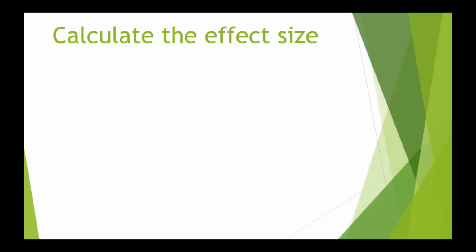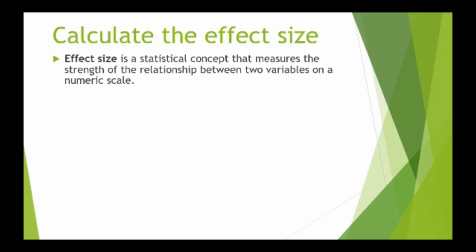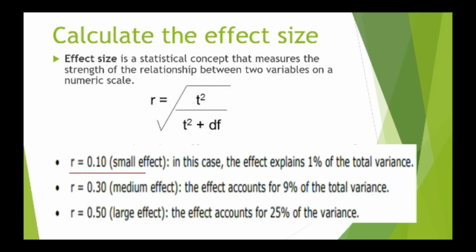Therefore, we need to calculate the effect size to report more details about the study. Effect size is a statistical concept that measures the strength of the relationship between two variables on a numeric scale. So, we have to use the formula r equals the square root of t squared over t squared plus df, or degree of freedom. If the result is 0.10, it shows small effect, which means the effect explains 1% of